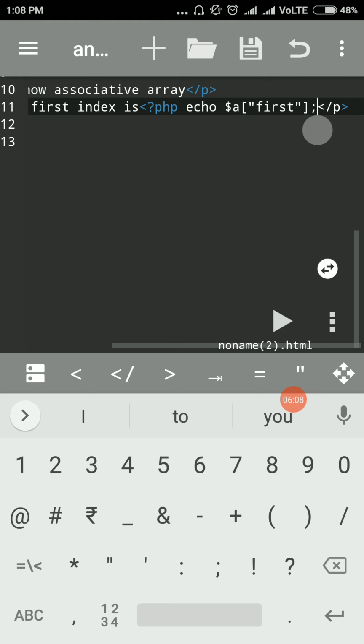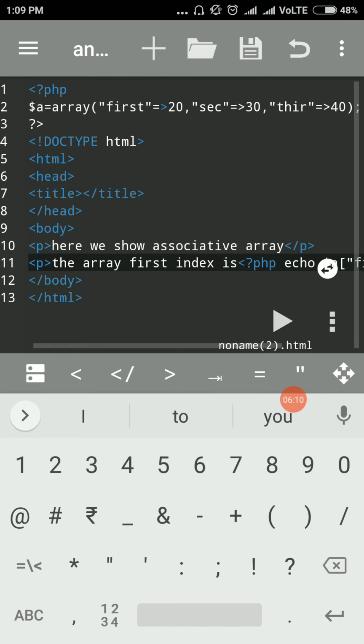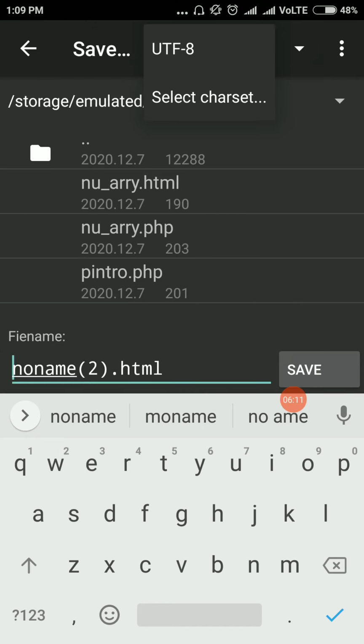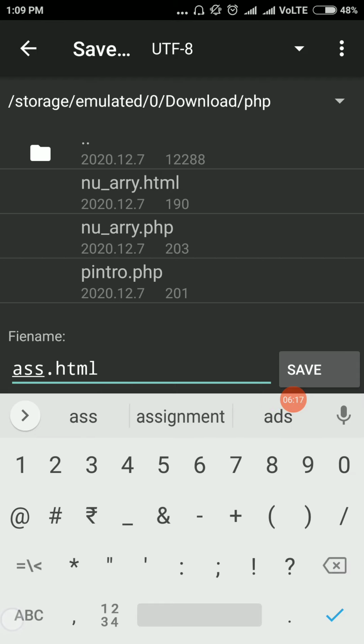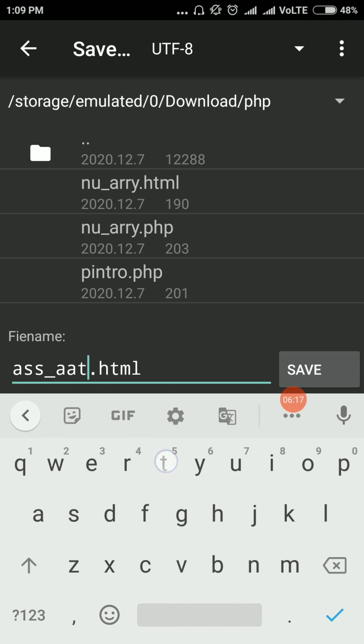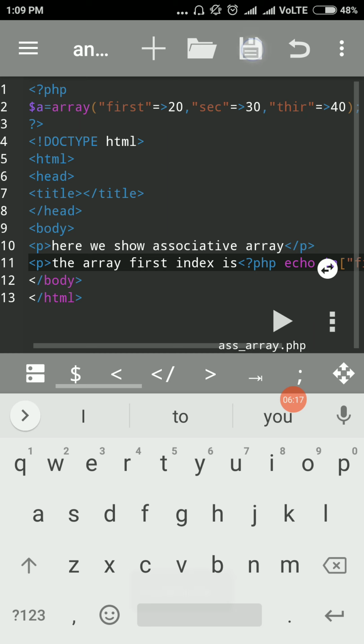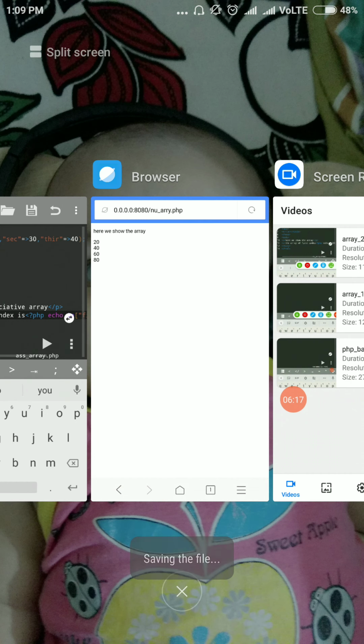Yes, so in that way the first value, 20, will be displayed there. We save this file using another file name, suppose associate underscore array, and the PHP extension. We save this one, we come to the server right now.